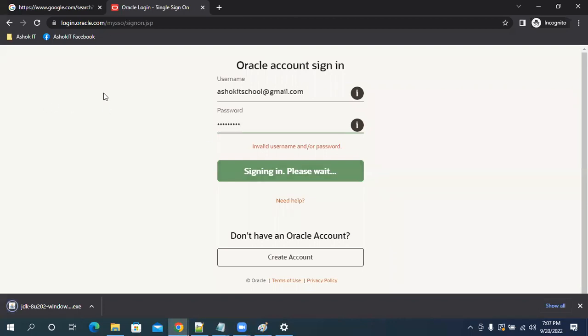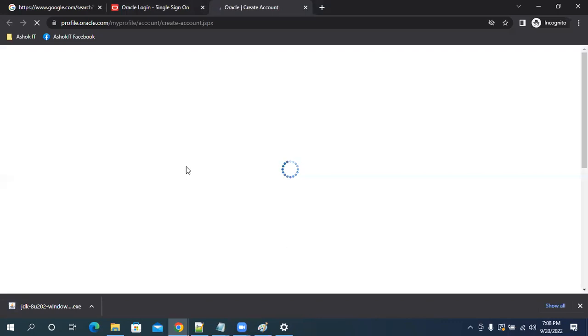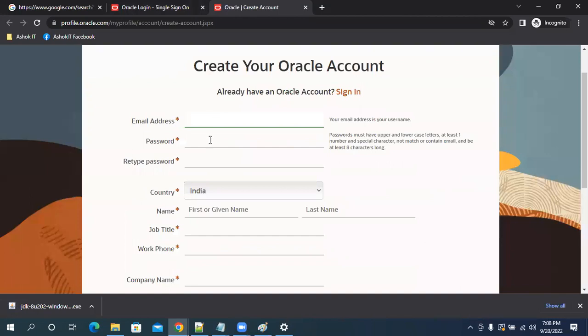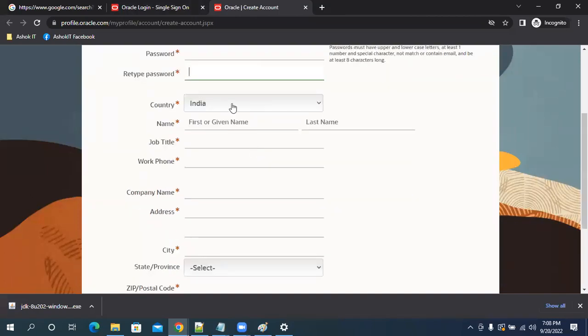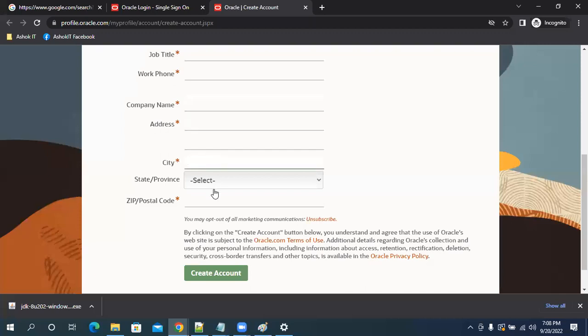When you have an account in Oracle, you can log in and download the JDK software. If you don't have an account, you need to click on create account. It will ask for some details. You can fill in that form: your email ID, password, country, job title, phone, company name, address, city, state, zip.